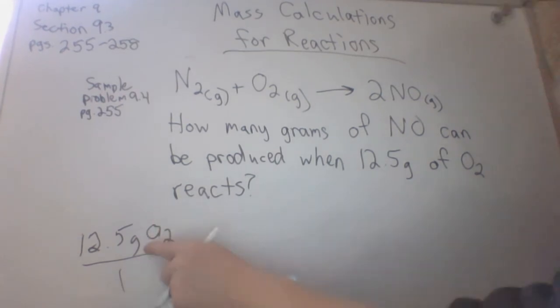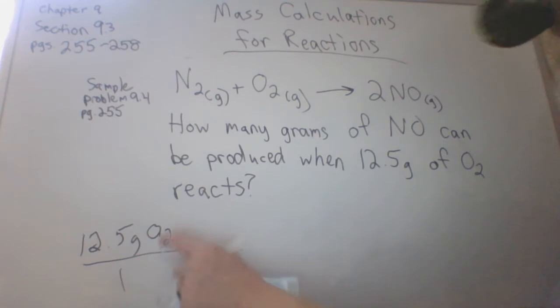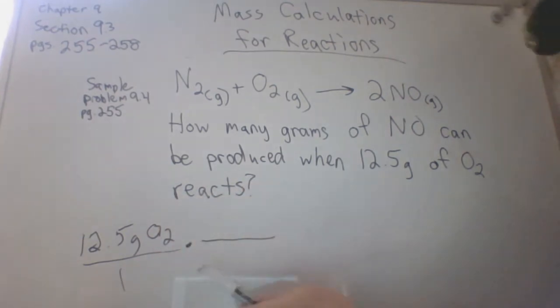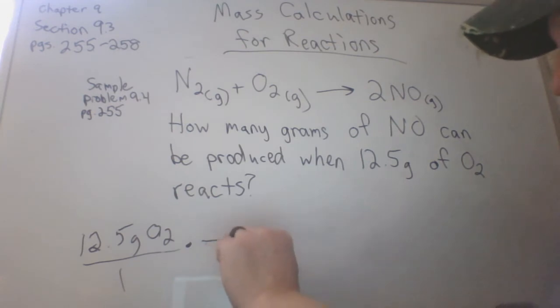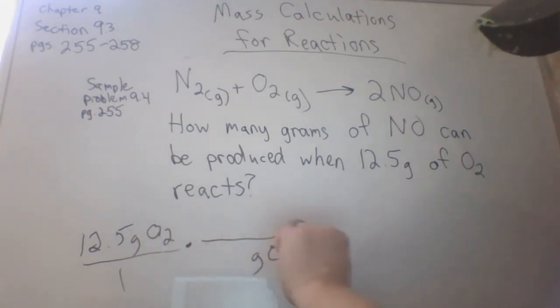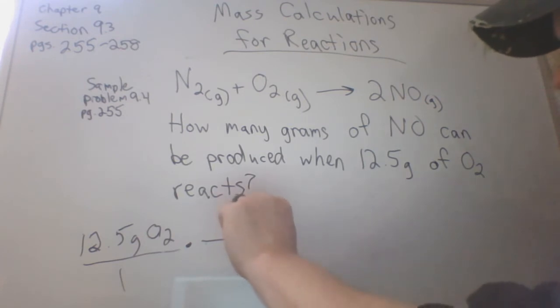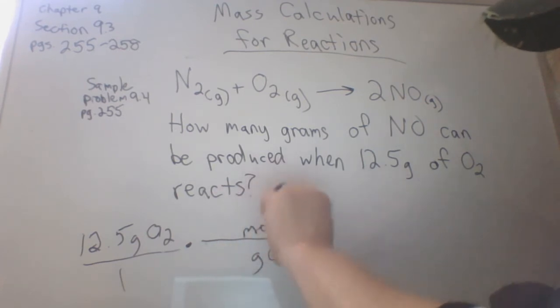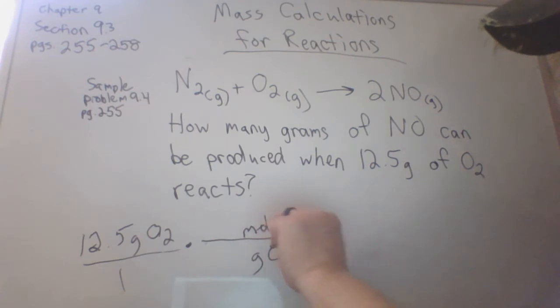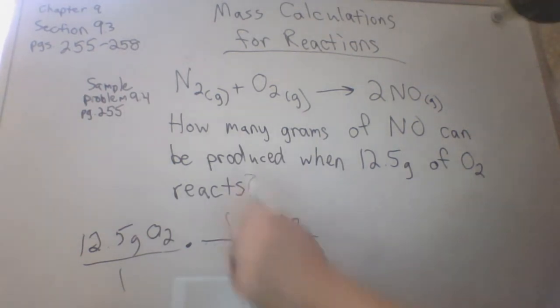We need to go from grams of O2 to moles of O2. This is still our first chemical, so we're going to make another fraction. We're doing some dimensional analysis here. We bring down grams of O2, and we're going to find the molar mass of O2. Please keep in mind it is O2. For every 1 mole of O2,